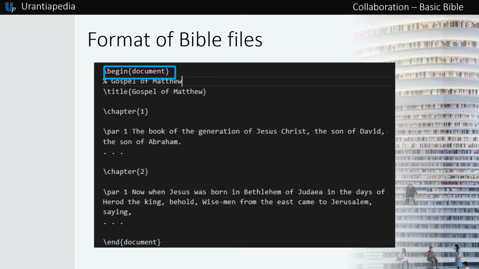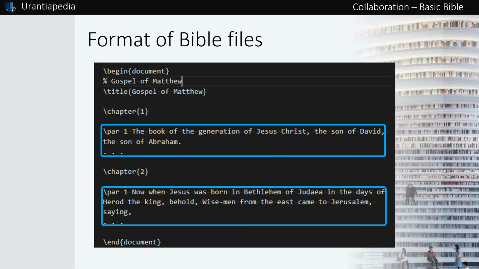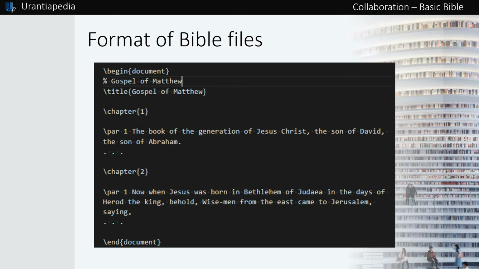\begin{document} and \end{document} to signal the start and the end of the book, \title to set the title of the Bible book, \chapter to signal the start of a chapter and set the number of the chapter, \section to signal the start of any section if there are any, and a text to show as a header of the section, and finally \par to signal and set the content of each of the paragraphs.